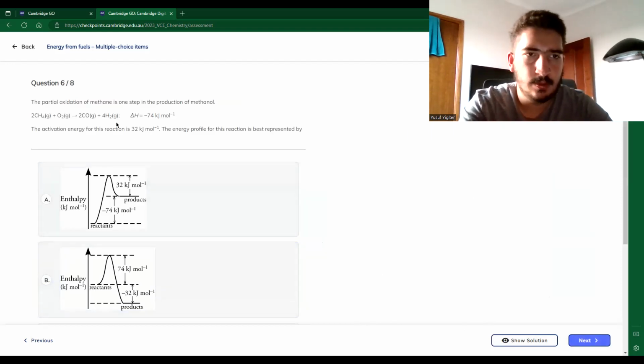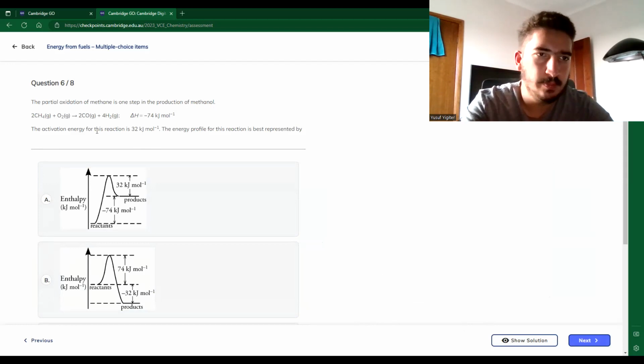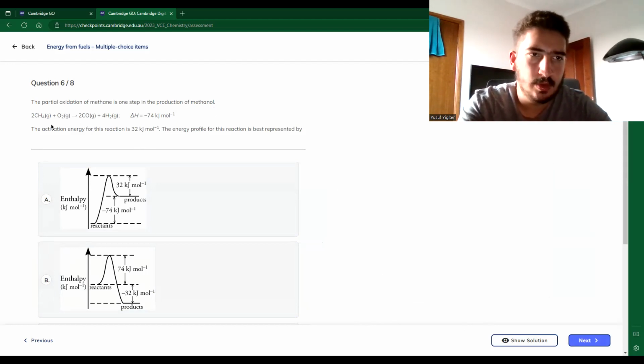Partial oxidation of methane is one step in the production of methanol. So methane plus oxygen gives you carbon monoxide and hydrogen gas. That's the change in enthalpy. The activation energy for this reaction is 32 kilojoules per mole. The energy profile for this reaction is best represented by,